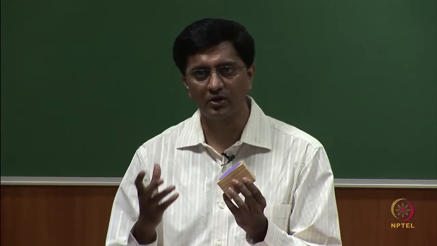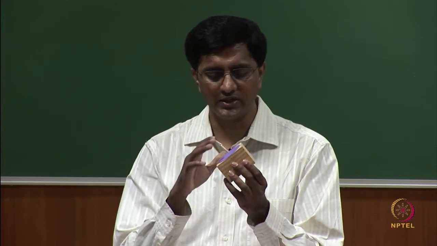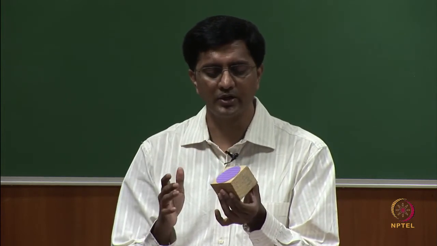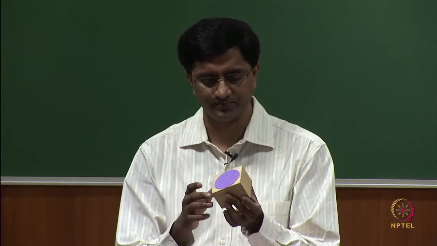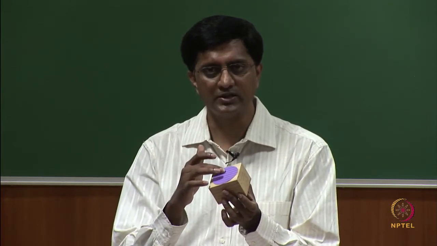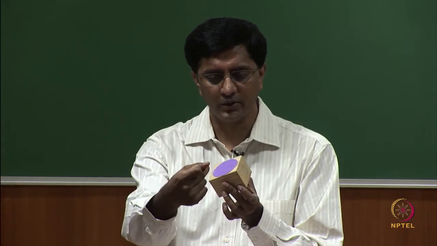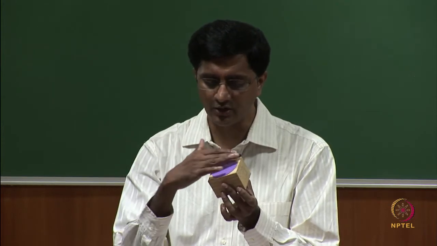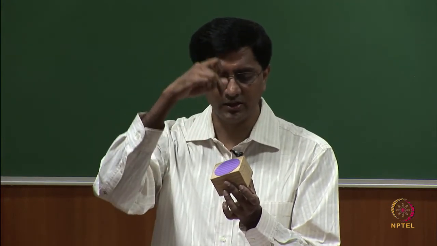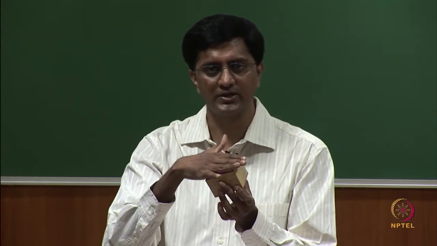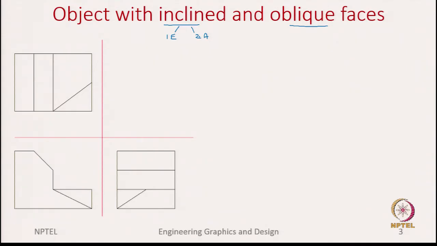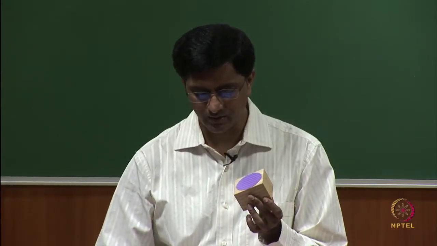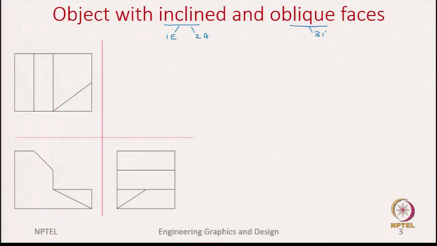Similarly, now let us look at the oblique face. For the oblique face we said this is neither parallel nor perpendicular to any of the axes. So, let me place it in this fashion. If it is placed in this fashion, how will it look in the front view? In the front view you see it as an area. How about in the side view? In the side view too you see it as an area. Similarly, in the top view it comes out as an area. So, which means in none of the views does it come out as an edge, and in all three principal views it comes out as an area. So, three areas in the three principal views.